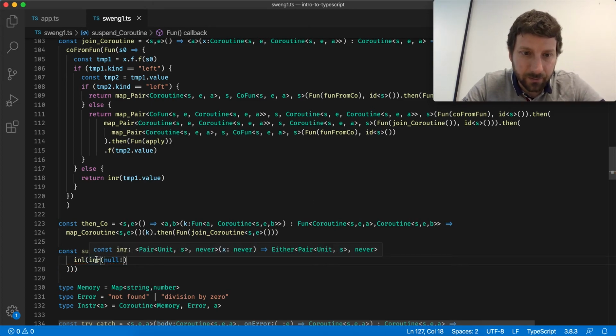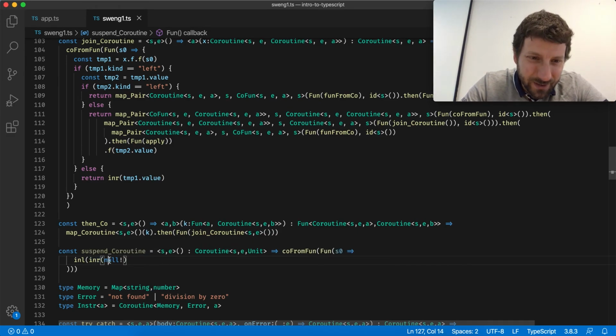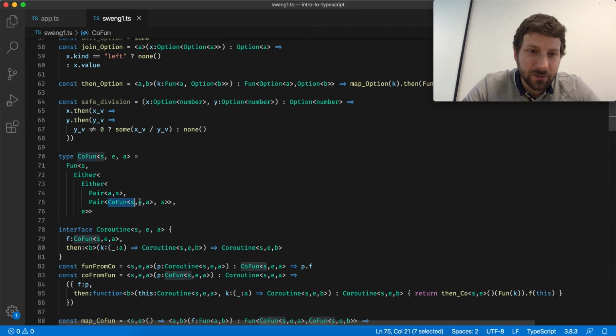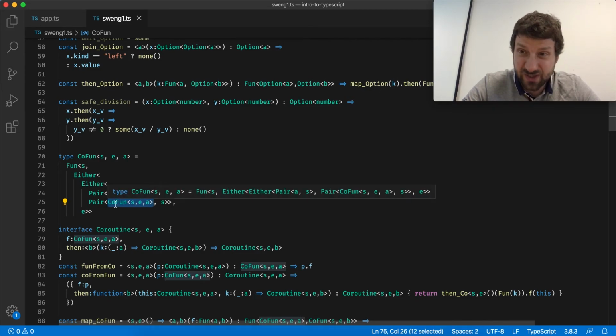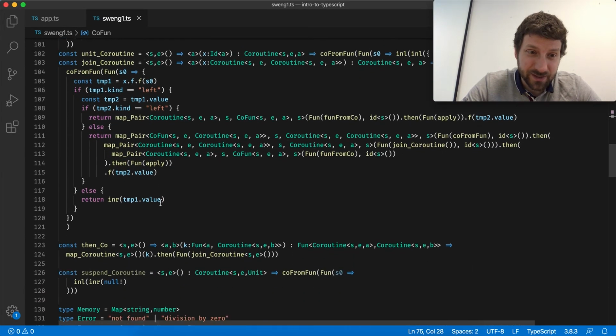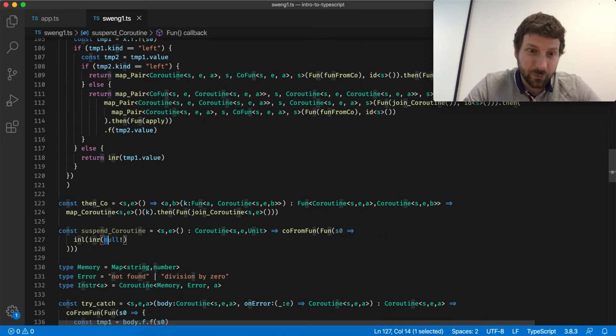Yeah, okay, it gets null exclamation mark, and this inre we have to give it. We have to build a pair of the cofun, which is the actual coroutine that's going to stop right away, and the state. The state we have because this thing only takes a break, so we create the pair now